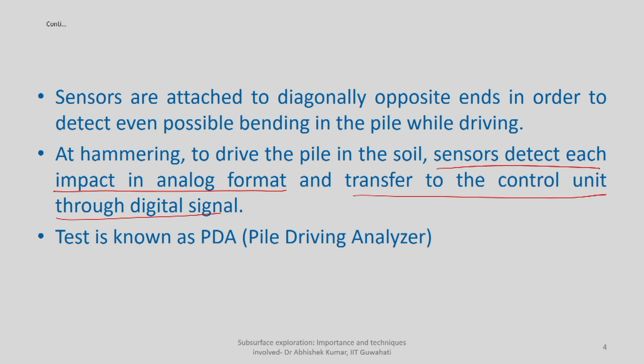So, based on this test you put the sensors and detect how much is the resistance offered by the pile, which is an indication of how much is the resistance offered by the soil medium against pile driving, because the same resistance will be offered when the pile is loaded with any kind of external loading. Here we have to take into account what are the mediums from which the records will be detected, or the disturbance will be detected by the acceleration sensors, or what is the medium which is offering resistance which will be detected by strain sensors. So, that will collectively help you in understanding,